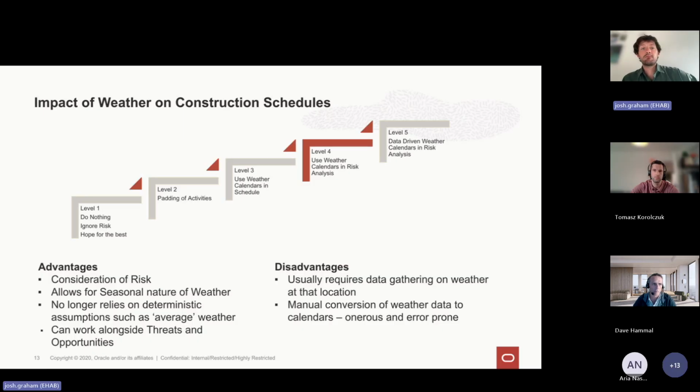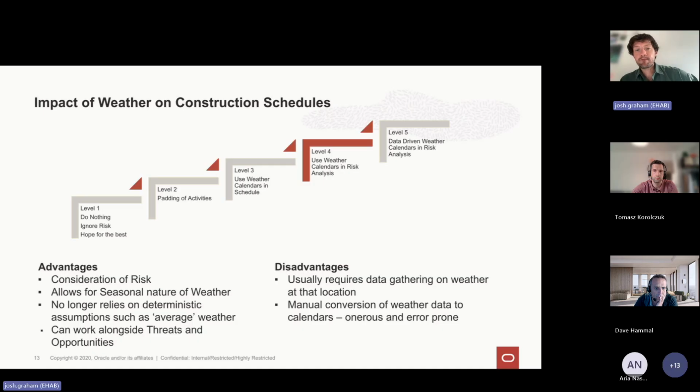Depending on the software you're using, they all have different approaches, and they all model it in slightly different ways. But ultimately that will lead to probably a better output than just your deterministic calendars, as Thomas was just explaining. So you may include some contingency for flood, especially if you know that the area is in a floodplain or is near a river which has been known to flood.